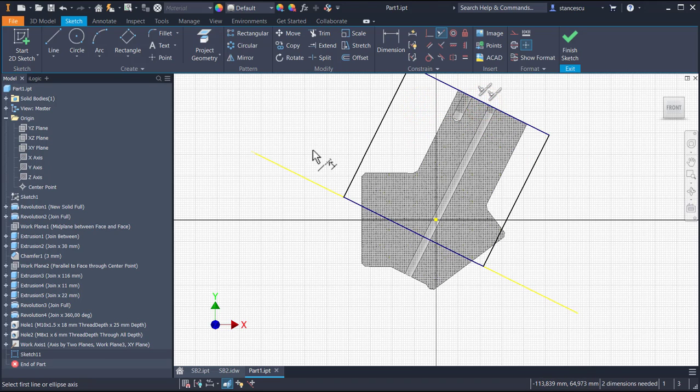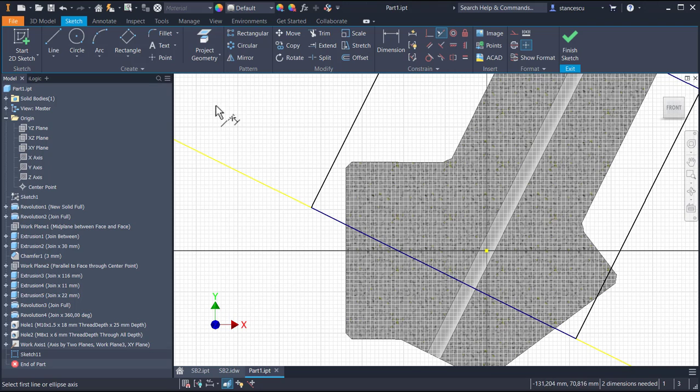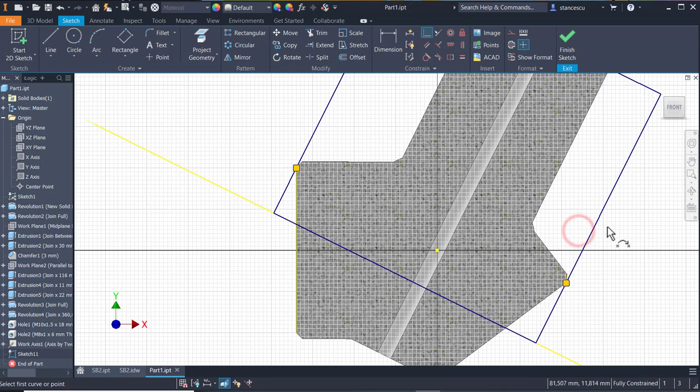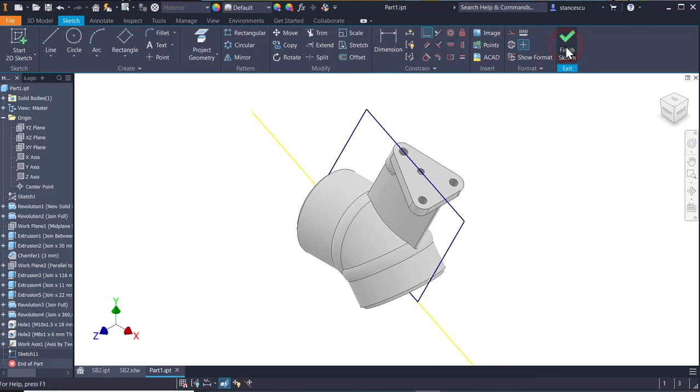So its dimension in this direction are limited by the small lines I project now, and I use coincident to connect the margins. Okay,